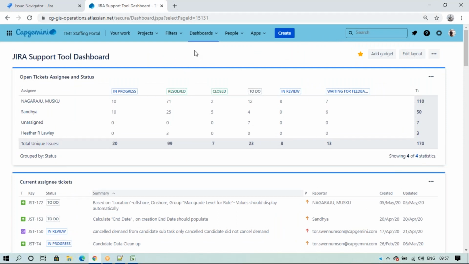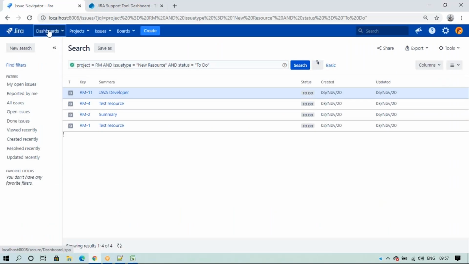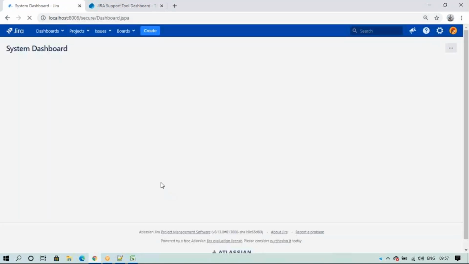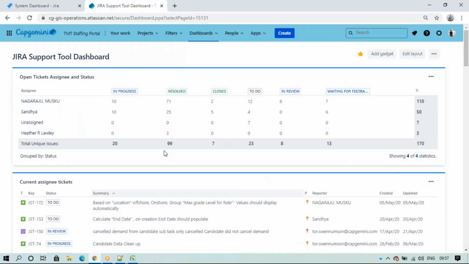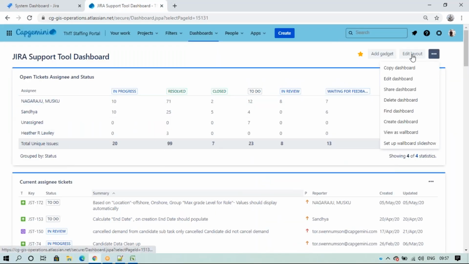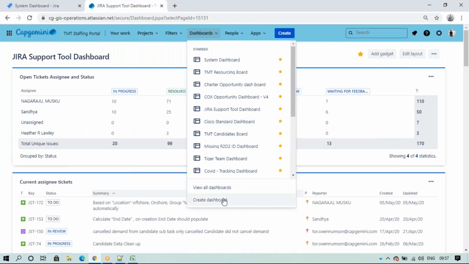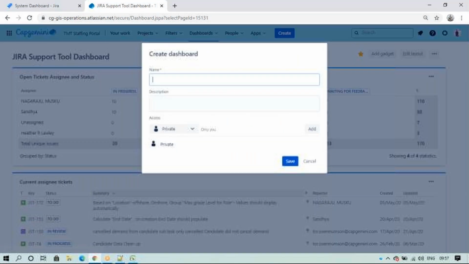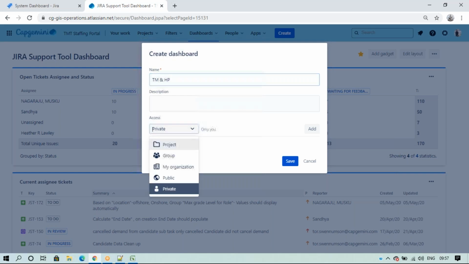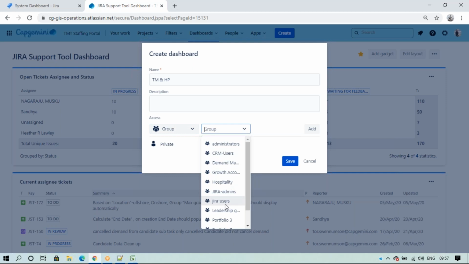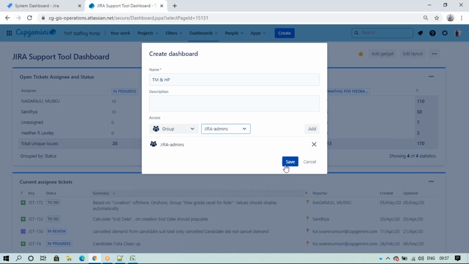I'll show you when you're in this dashboard. Here as well we have this dashboard side. If you're on the main page, we get the same option. These are dashboards. Click on this three-dot drop down, and you can get Create Dashboard. I'll name it TMT, so T-Mobile and HP. This is also the same: project-wise or group-wise people need access, so we can select it here. Okay, zero admins, maybe add, save.